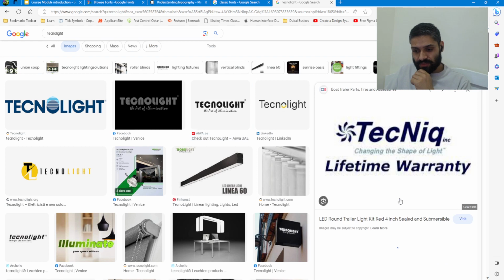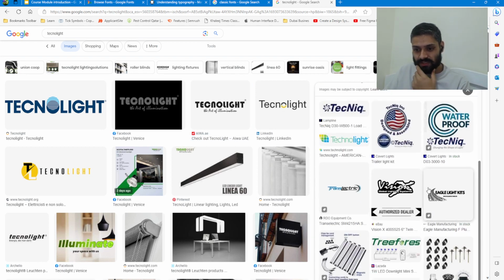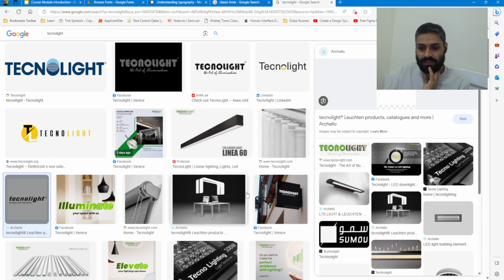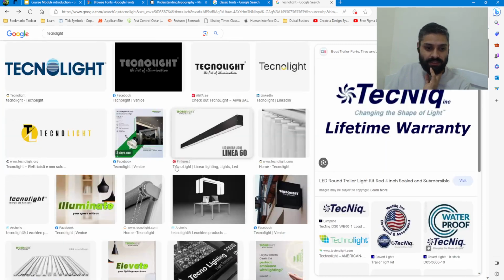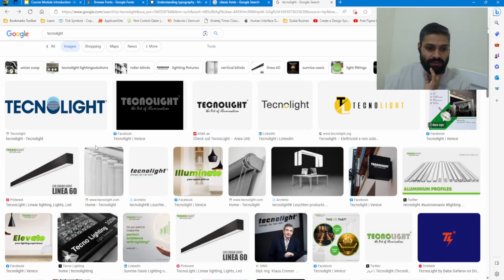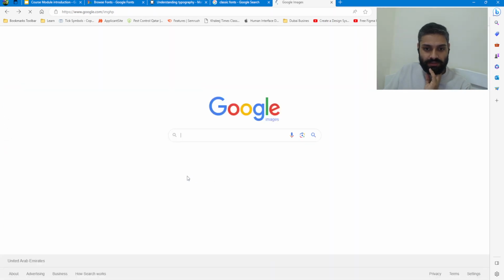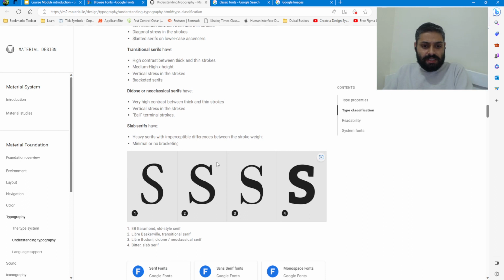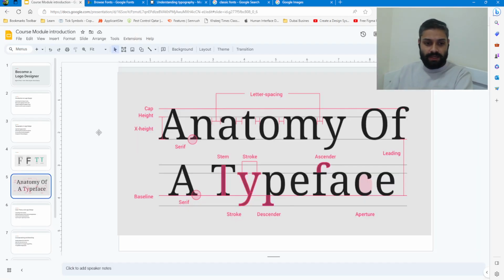So if we look into the other fonts also, we can see some other fonts. These are the types, and we can see others also. Yeah, that's all. Basically, these are the things that you need to understand, and we are